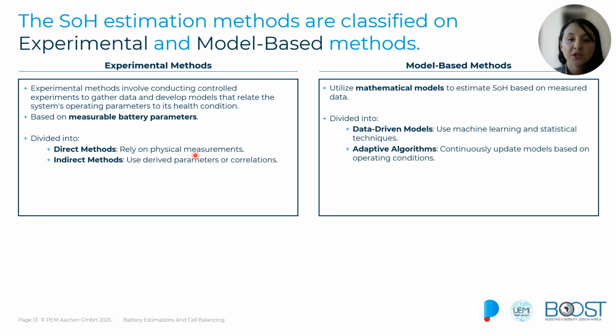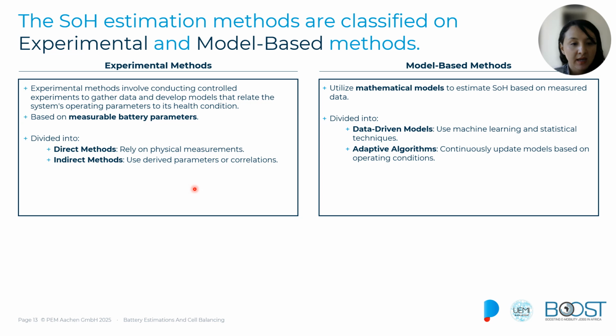Or if we measure directly the capacity, we can do these full charge and discharge cycles under very controlled conditions, we can measure the available energy in our battery and track it as it degrades. These methods are very accurate, but typically are performed in laboratory conditions where we have access to the physical